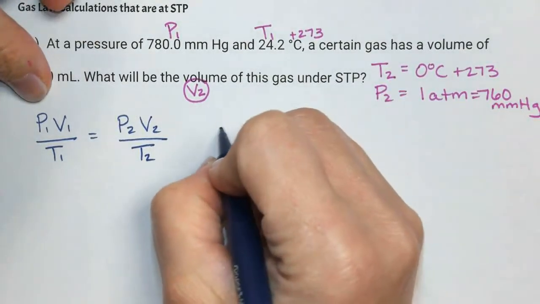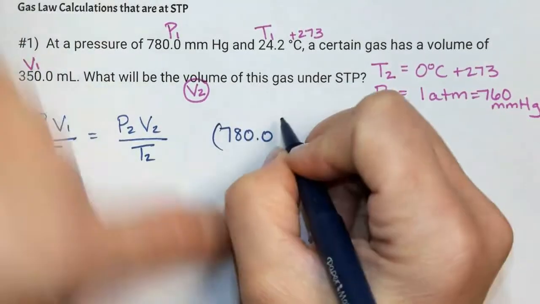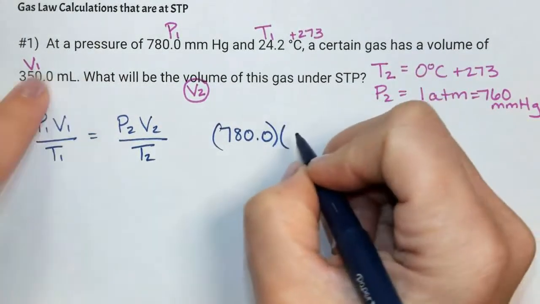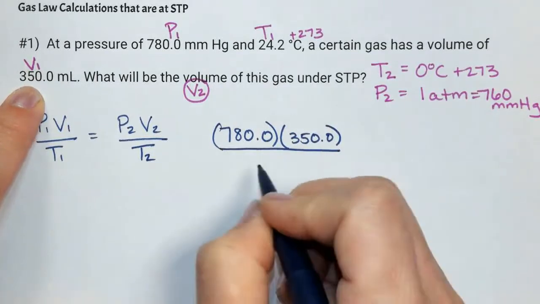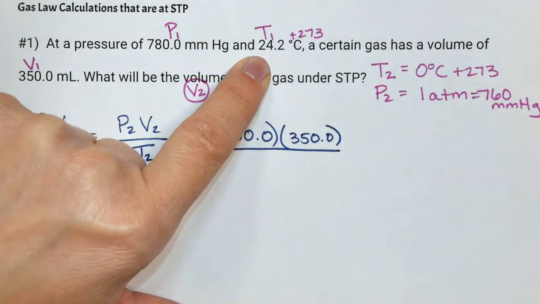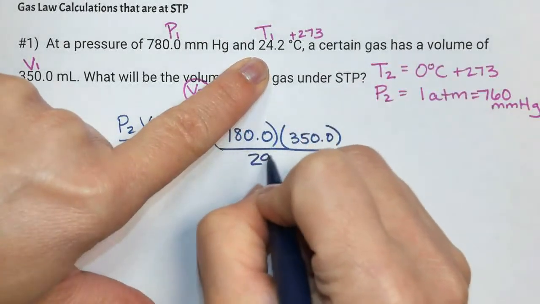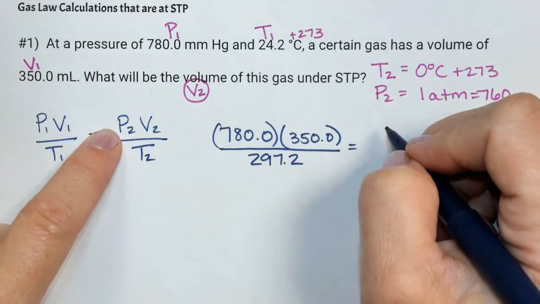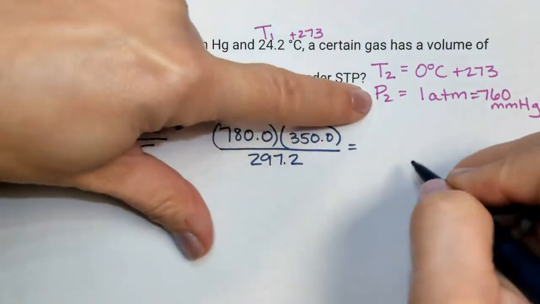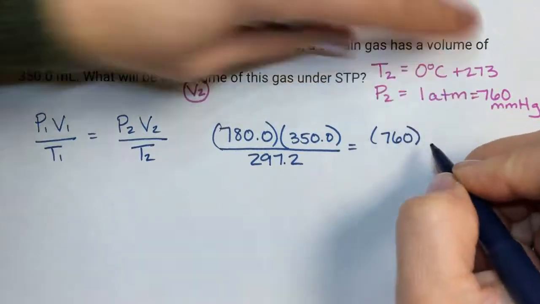So P1 is going to be 780.0 millimeters of mercury times V1 is 350 milliliters all over T1, which is going to be this 24.2 plus 273, which gives us 297.2 equals P2 is going to be my standard pressure, which is 760 millimeters of mercury,